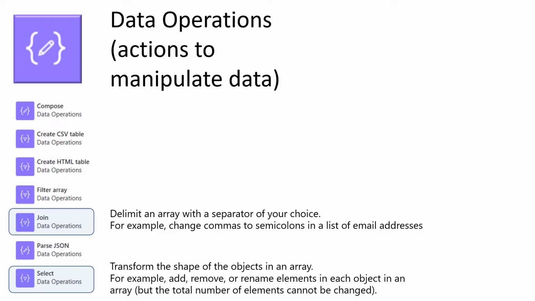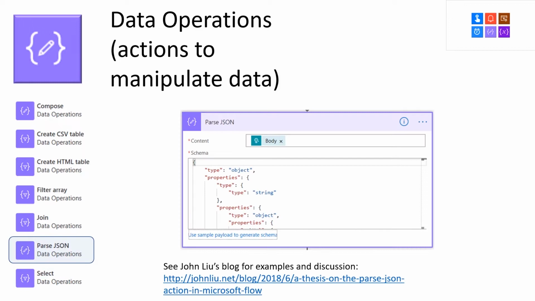And then select lets you in some way transform the objects in an array. So for example, adding, removing, or renaming elements, but just to be aware that with the select, you can't change the total number of elements, but you can add one and remove one, but you can't change the total number. And then parse JSON is used to,